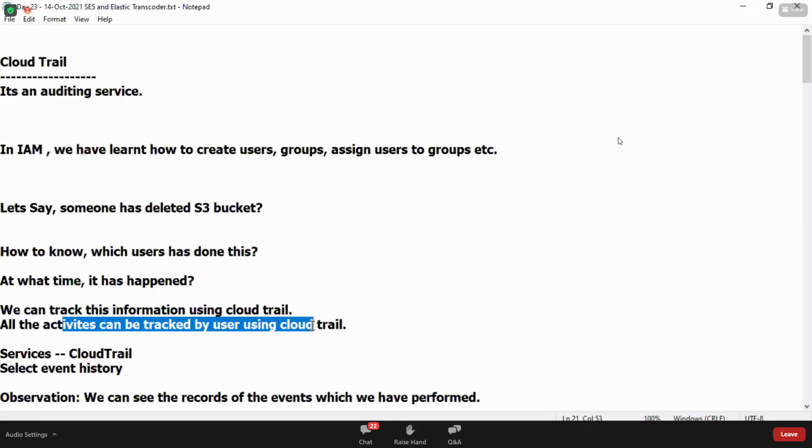That's a very important service because a client should know what user is performing what activities, at what time the activity is performed, which user is very active in helping the infrastructure, which user is not very active in managing the infrastructure. We need a report as a client. This is possible using a service called CloudTrail. A root user can easily track the event history.